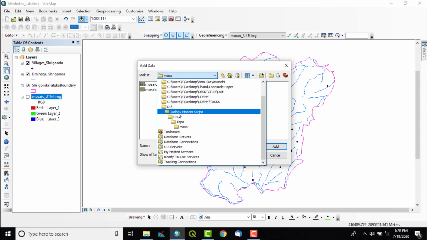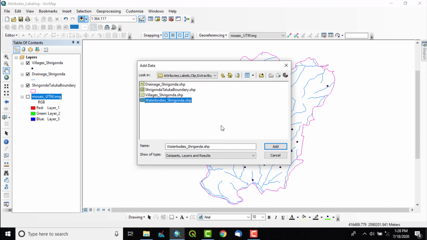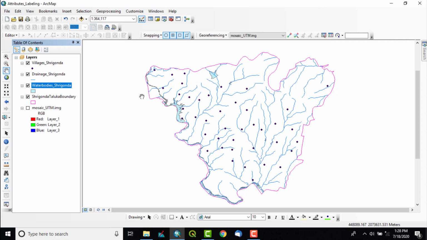So I will add that layer. Yeah, so this was remaining. So I also digitize in polygon the water bodies in Srigonda Tehsil.